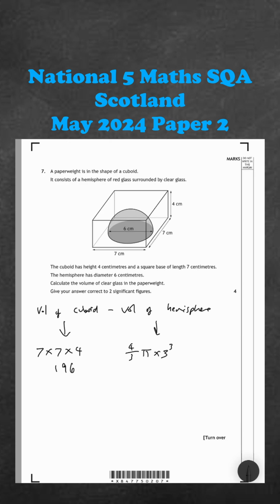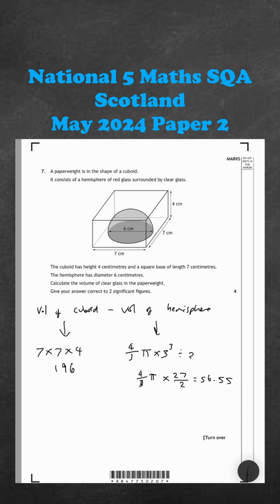So that would be the volume of a full sphere. We have half a sphere, so we're going to divide it by 2. So 3 cubed is just 27. So this is going to be 4/3 pi times 27 over 2. Do that on my calculator. 4/3 times 27 over 2 times pi, it's just 18 pi, which is